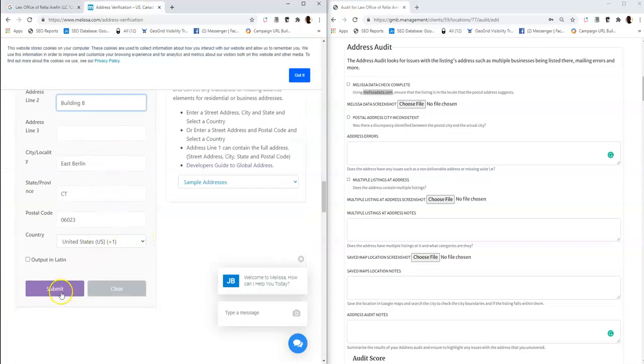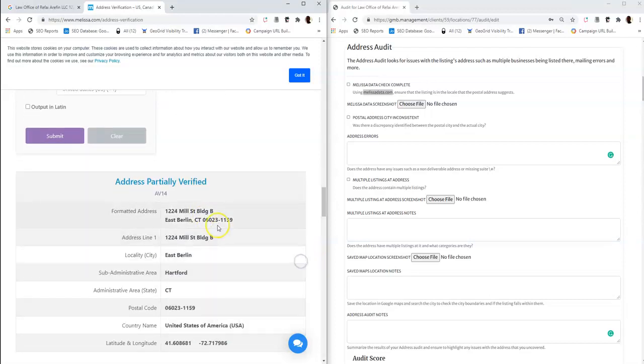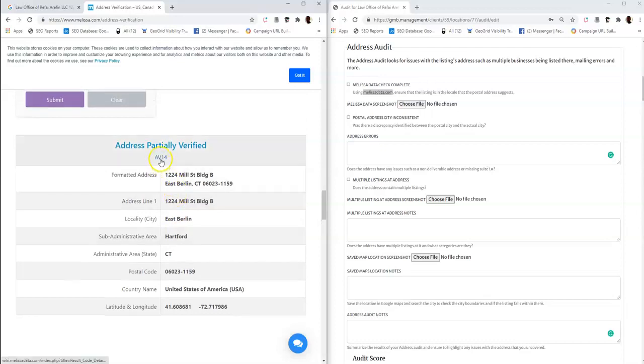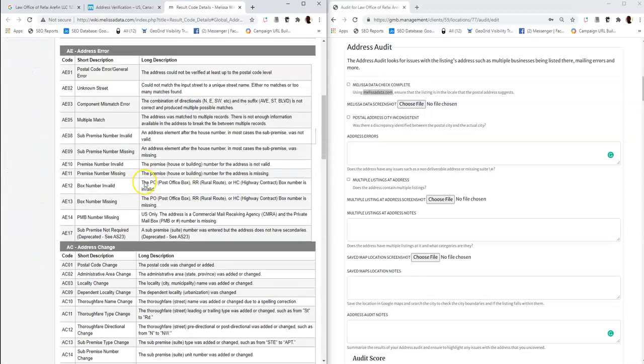And then once we have all the information in Melissa Data, press submit and see if you get any errors. Your error codes are going to appear right here. So this is just a premise partial error. If you would like to read more into what that error means, you can click here